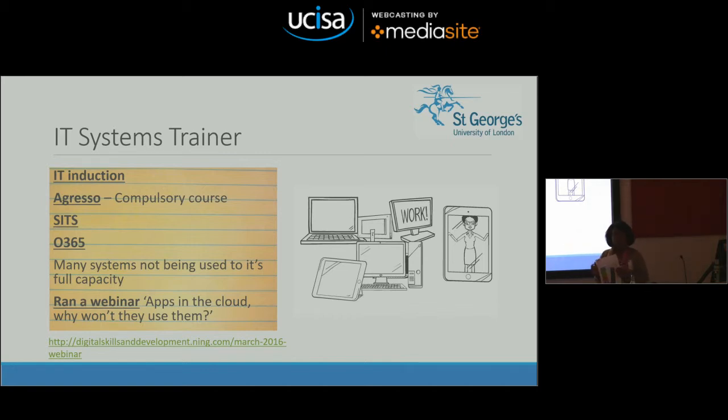And the format of the webinar was to invite different people from different sections to see if I could find a solution to why people weren't using the apps, and if we could work together on how we could get them to start using them. All right, so these were the things that I was doing. This is what my role